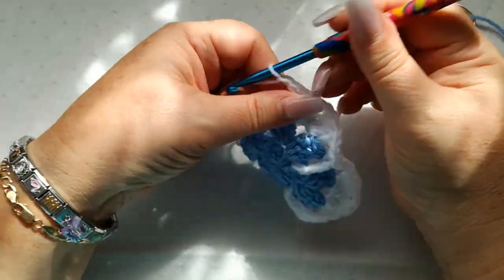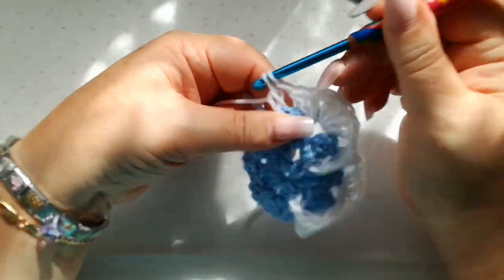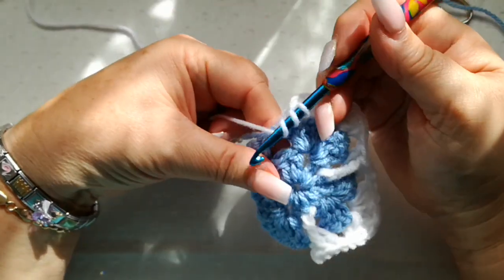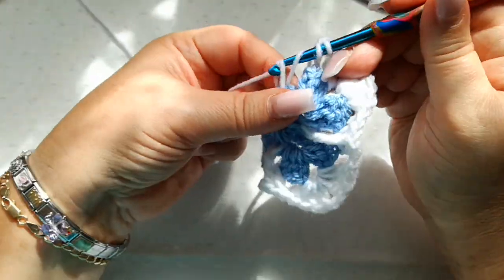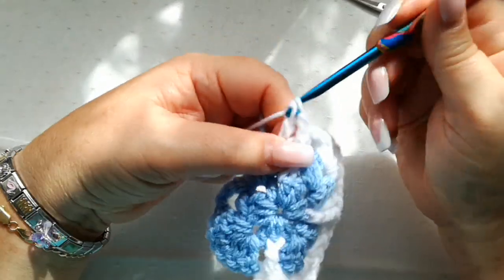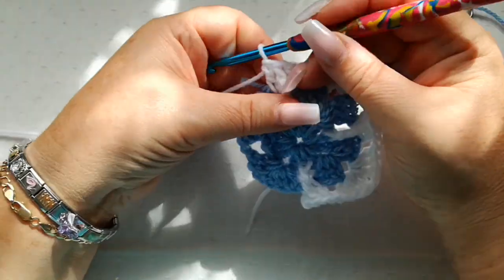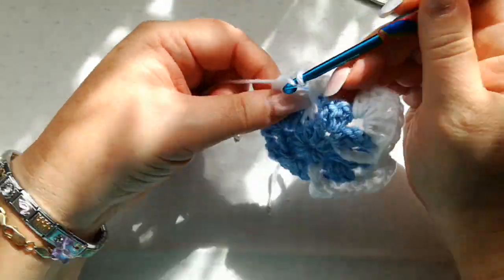Chain 1, skip the next 3 stitches and work a double into the chain space, followed again by the front post treble, and another double. So we're keeping the continuity of the 3 stitches in each of the chain spaces. Chain 1, back to the corner where we're going to do the 3 doubles,